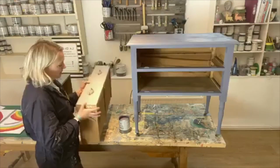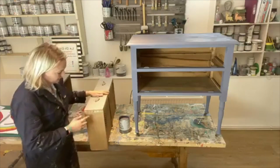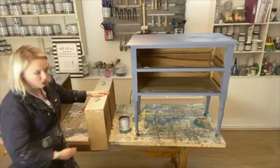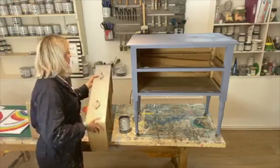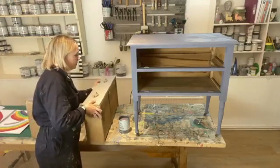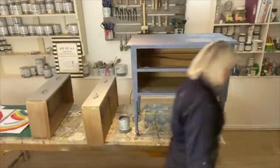Like I said, for those of you who missed the start, these drawers had gloss paint and then some of the grey paint across the side. So I've just sanded that off just to give a sharper finish, and then just the end as well. So what I'm going to do now is...